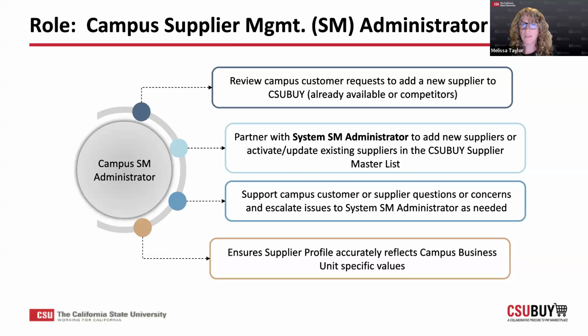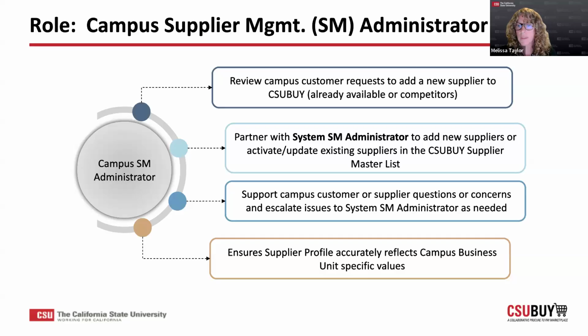When it comes to the campus, like I mentioned, it still has a component in the cycle of the supplier relationship. The campus team will review any supplier requests that come from the campus community. The campus community can initiate a new supplier request in the system. It will go to the campus team to evaluate whether it's appropriate or not. Once that evaluation happens, they'll pass it off to the system-wide supplier management team to review, add the new supplier, invite a supplier to the network, and then support them through that process, which involves adding and updating their record